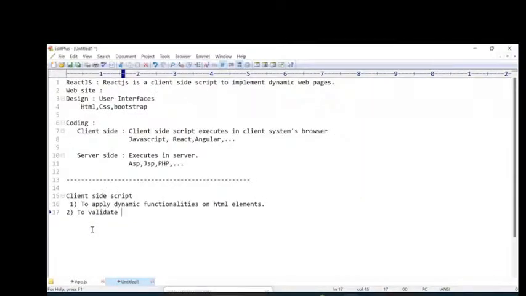So next one, to validate input controls. So from the input controls validation point of view, we are also using them. I want to check whether a text box is empty, whether password and retype password match or not, and whether the email ID is in a valid format. I want to display these types of validations, so we are also using these client-side scripts. Next one,